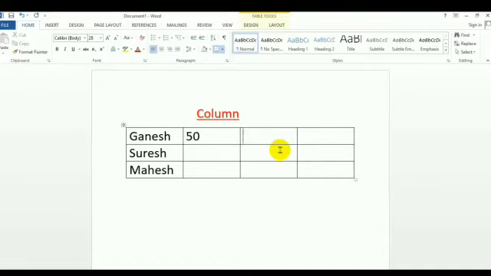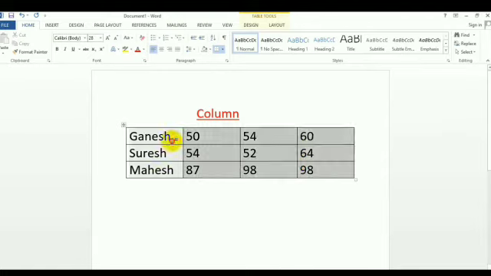Now they have different marks in different subjects, like 50, 54, and 60. Now again I will put the marks here just for understanding. We want to add more columns and even rows within this table. So how is that possible? That also we will learn now.